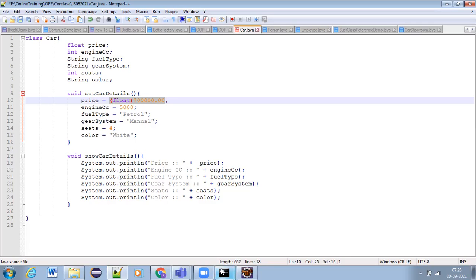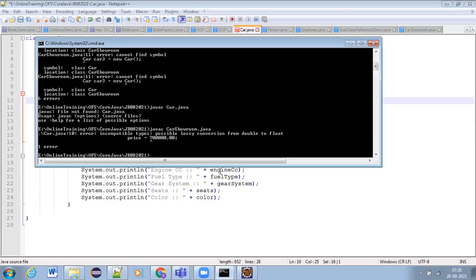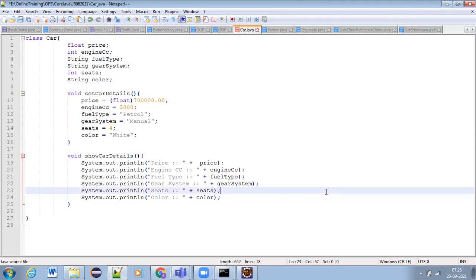It is saying clearly: lossy conversion from double to float. Writing like this is not the correct solution. Only in logic can we do that, but in classes, that's not the correct solution.